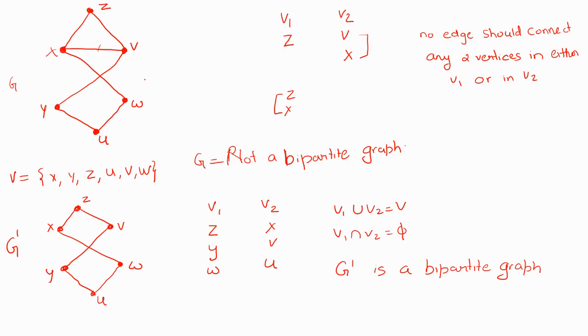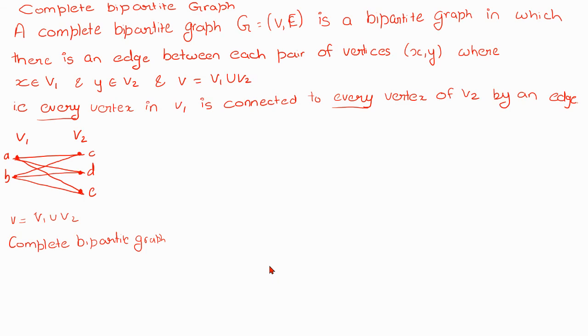Similarly, in this case, this one is not bipartite, so let's leave it. But this third one, G dash, is a bipartite graph. Let us check whether it is complete bipartite or not. For it to be complete bipartite, from Z to X there should have been an edge. There it is. And from Z to V there should have been an edge. There it is. From Z to U also there should have been an edge, but there is no edge between Z and U. Therefore, this is also not a complete bipartite graph, it is only bipartite. Now, where are these kinds of graphs used?